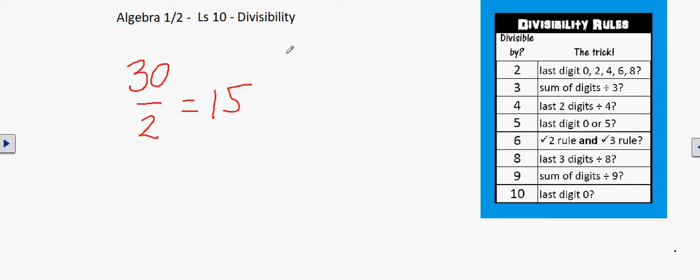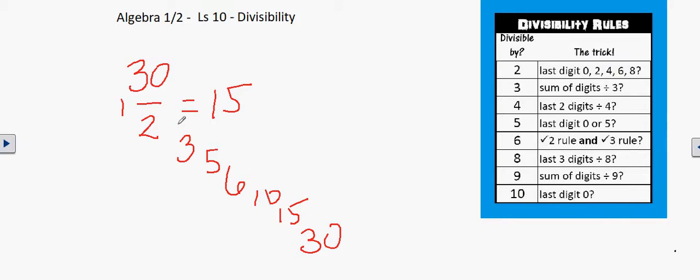Other factors of 30 are 3, 5, 6, even 10, 15, and believe it or not, 30, right? Factors of 30 numbers will always include themselves. And we can divide by 1 too. 1 in themselves. So all of these will go evenly into 30, and then you can just think to yourself,